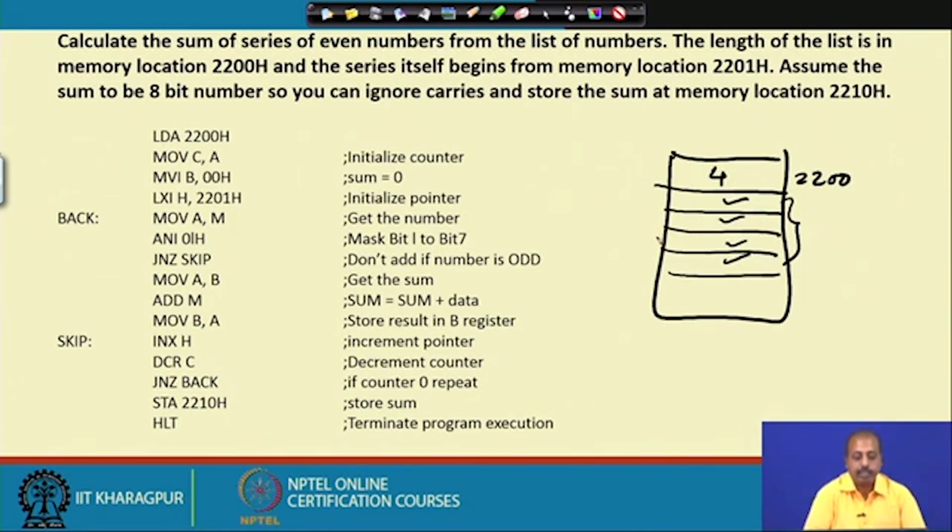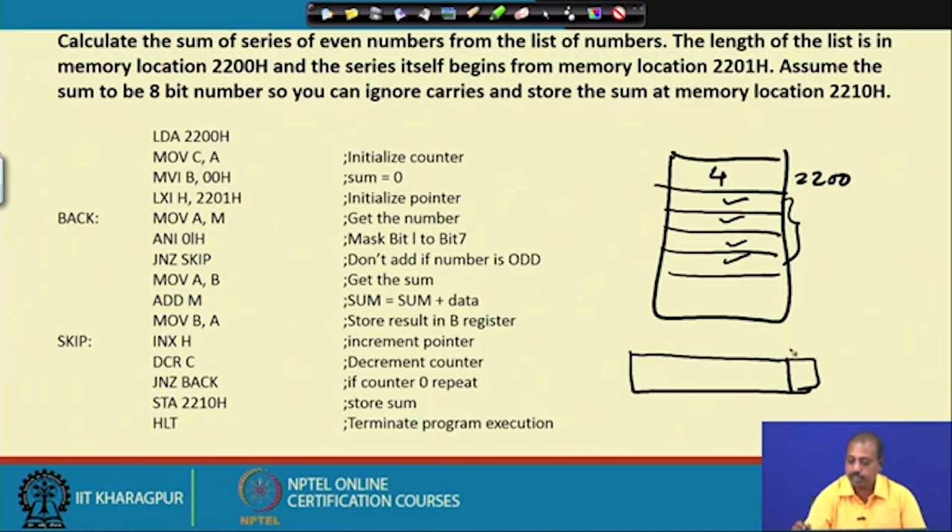M. So, this will get the first number that we have into the A register. Then ANI 01 hex. So, we need to check whether the number is even or odd. For that purpose, how to do it? We need to check if the number is